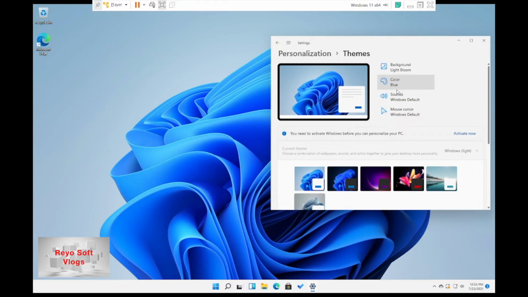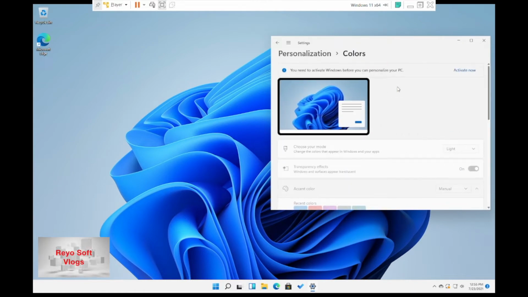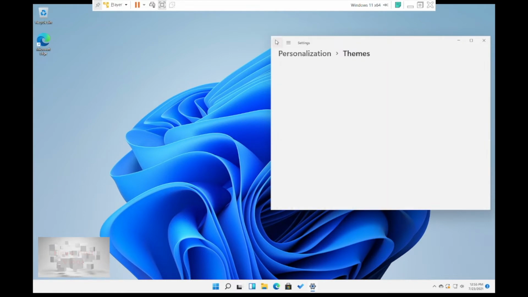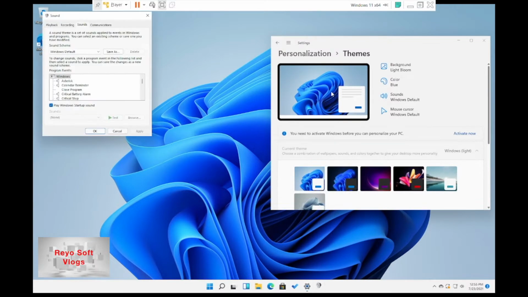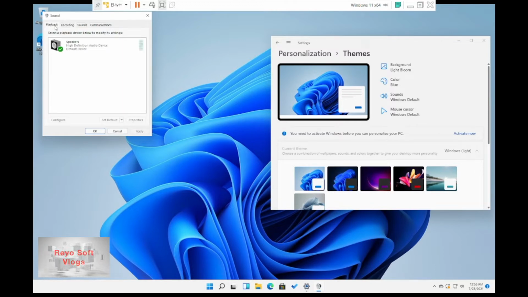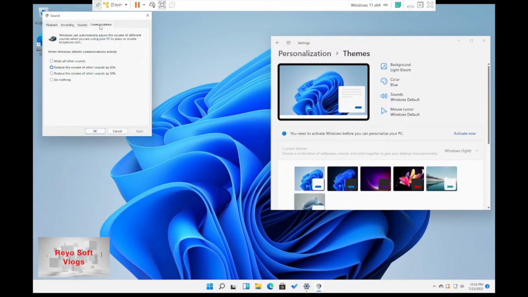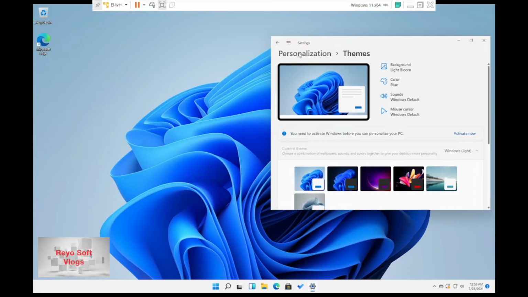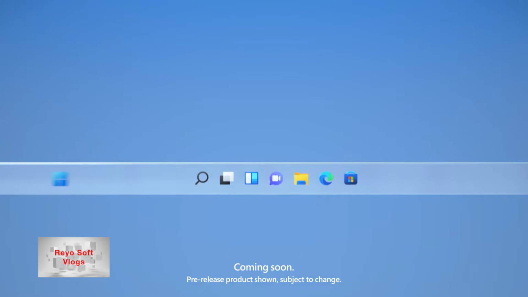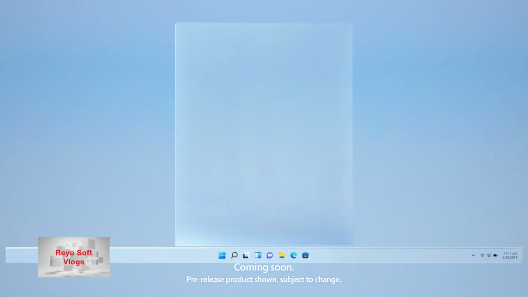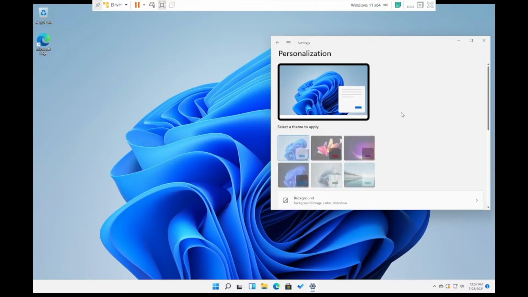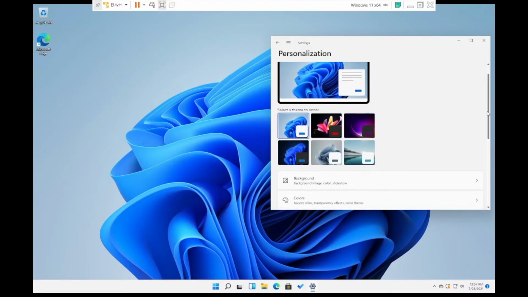You can have widgets in Windows 11. So you can see you have a list of widgets. You can set the sounds, set sound for playback, system sounding, recording and communication. So this is same as the Windows 10 options, but you have the same option here. You can set the status bar and the start button. You can see here Windows has given a start button and status bar.